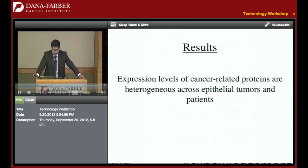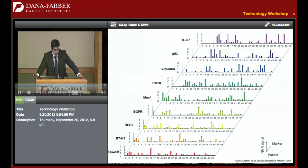So not surprisingly, we found that the expression levels of the proteins are heterogeneous across the epithelial tumors in patients. Not a groundbreaking discovery, but I think the achievement here was that we were able to achieve, in a rather point of care and fast turnaround, a very quantitative way to actually measure that heterogeneity, okay? So to the point that we could even create these kind of XYZ graphs,